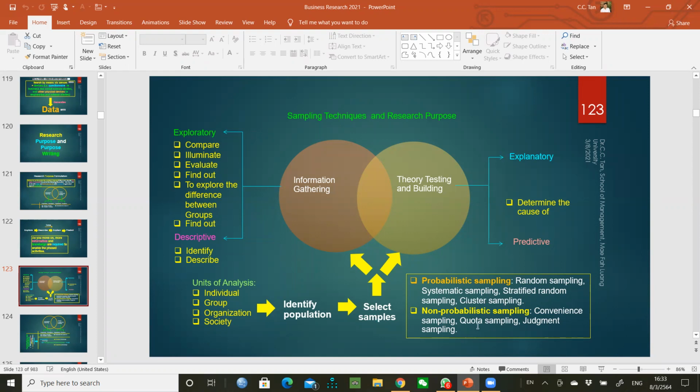For data collection, you can use convenience sampling. You also can have certain quotas, so maybe you interview 50% males and 50% females. Or you base it on certain judgments: if I want to interview that 50% of females, they have to qualify under certain criteria, called judgment sampling or purposive sampling. So these are really nothing but the linking of the population to the unit of analysis, the samples, to the purpose